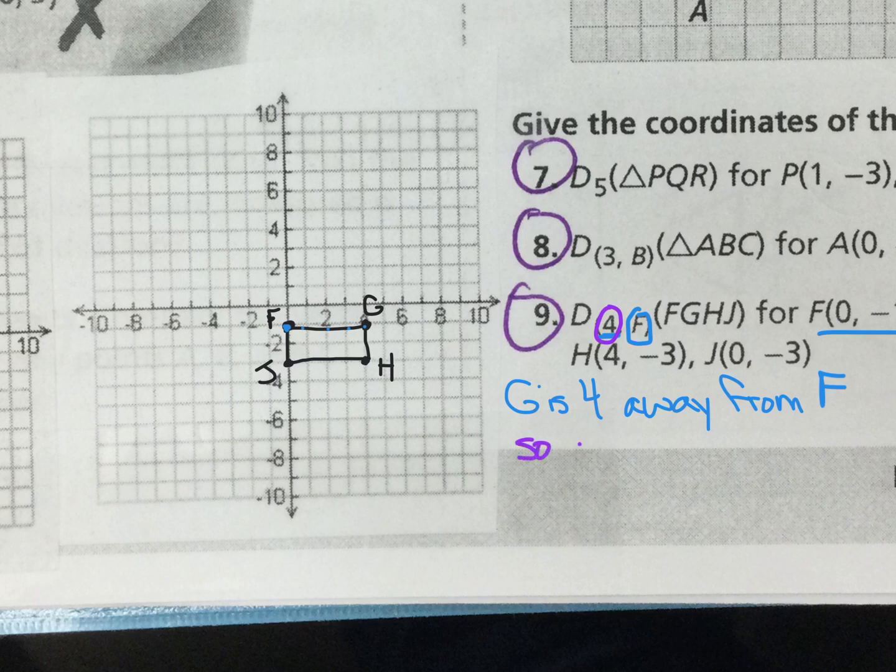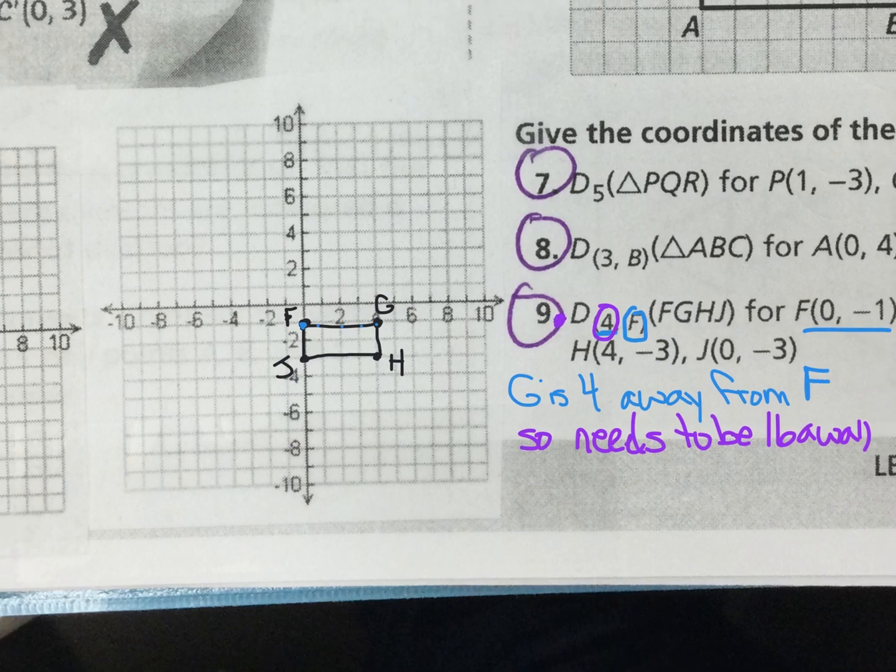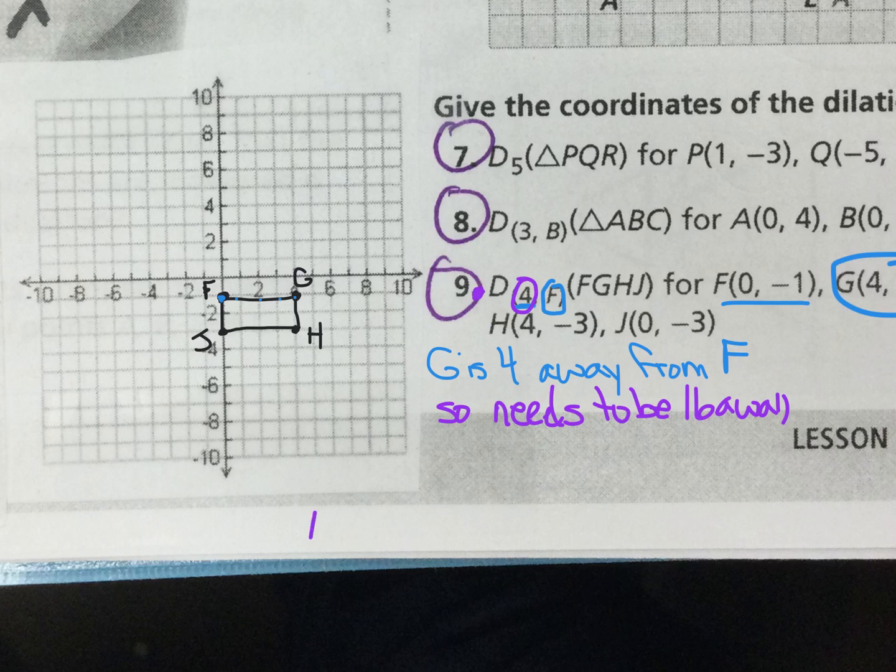So it needs to be 16 away after the dilation. So it would be out here, and we would go out to 16. So F prime is where it stays, 0, -1, and then G prime would be at 16,